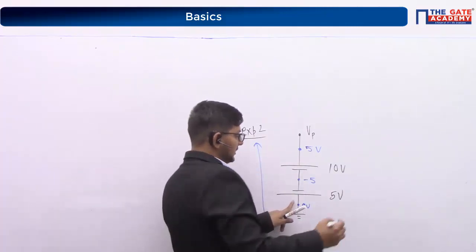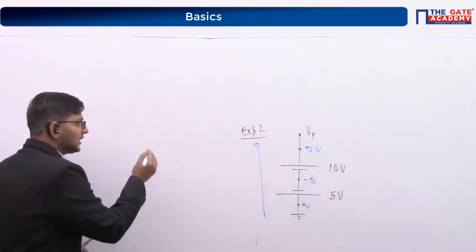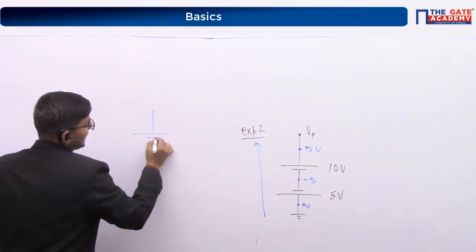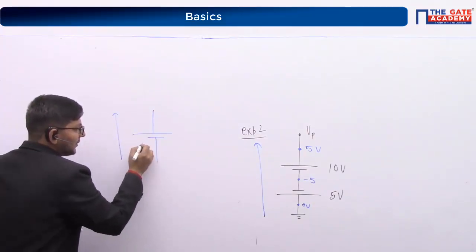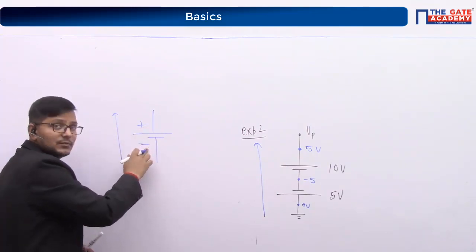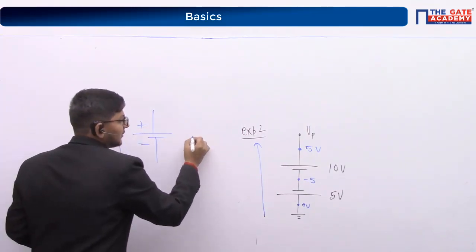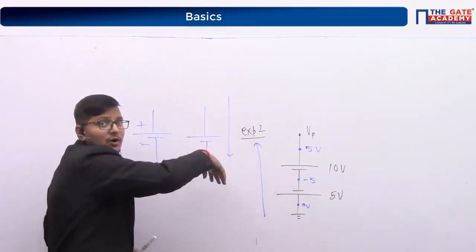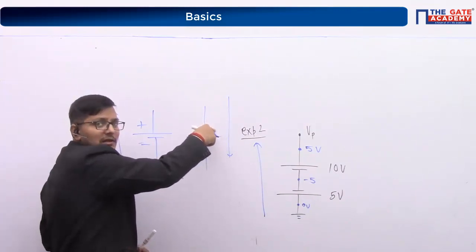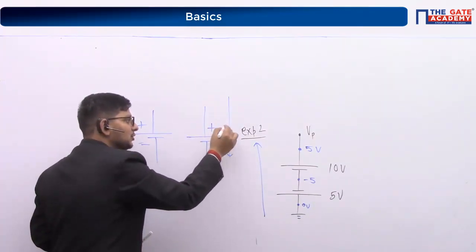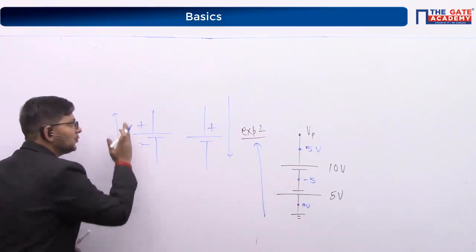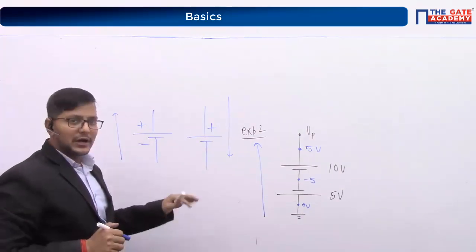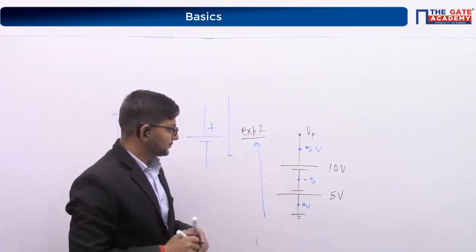Let's start from here. Let me check the convention. What will be the convention? If there is a battery and you move from the negative terminal to the positive terminal, then take it with a minus sign. And suppose the battery is connected like that, and you move from positive to negative, you enter from the positive terminal first, then you take it with a positive sign. And if you move from negative to positive, if the negative terminal comes first, then you take the negative sign. Understood?